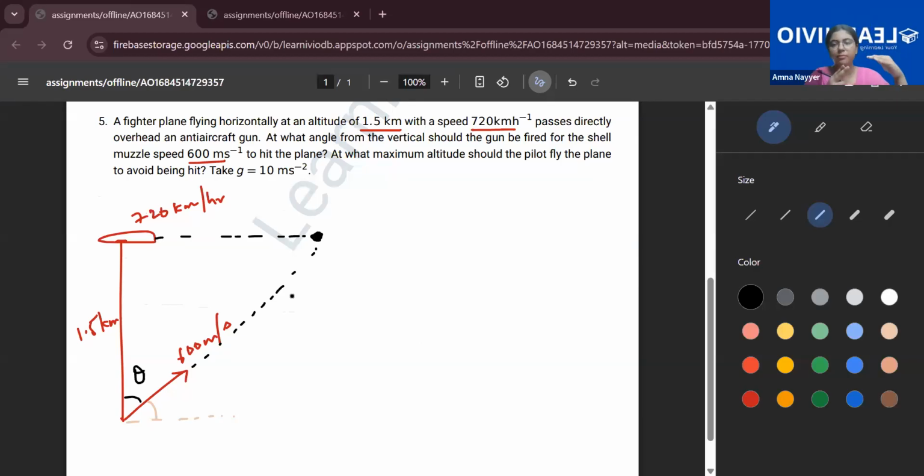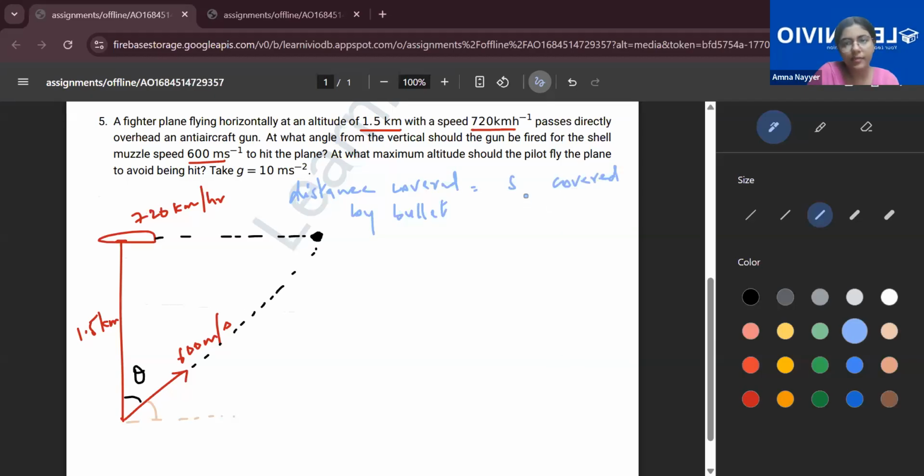If the plane stays here and the bullet has been shot, it would miss its target. So whatever is the distance covered by the plane is the distance covered by this bullet also, right? So I can say the distance covered by bullet